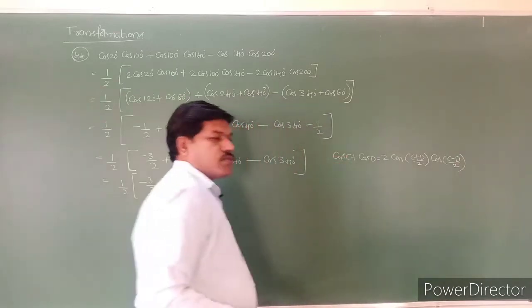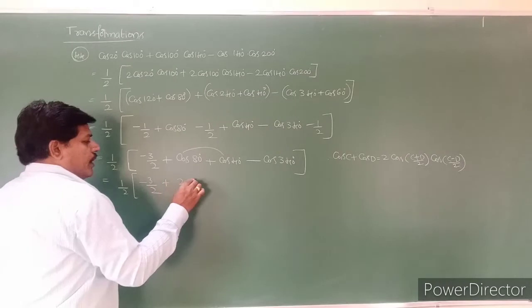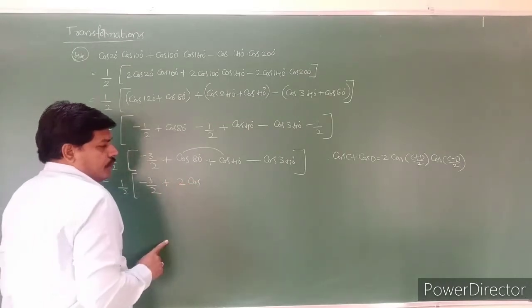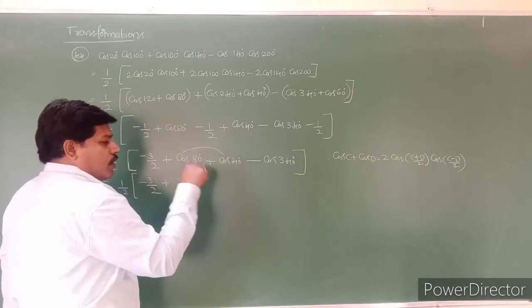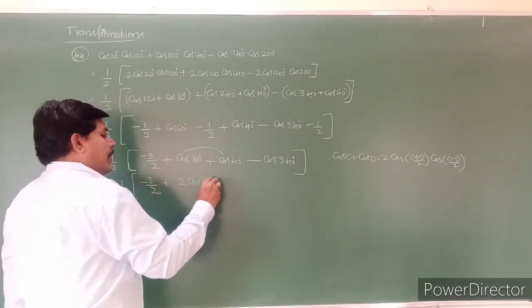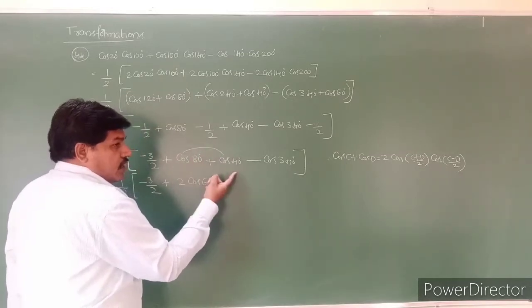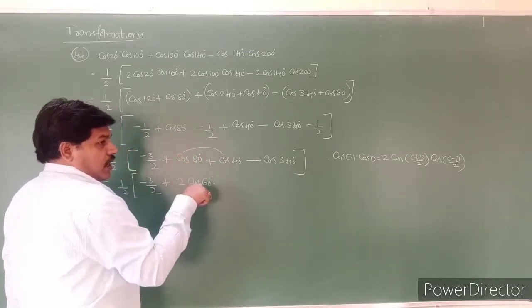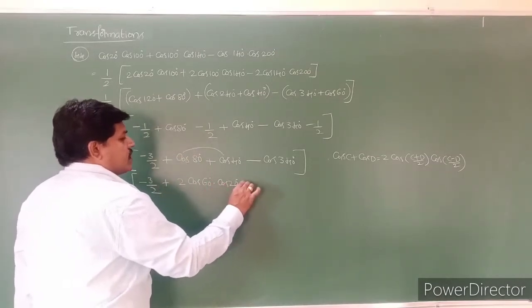So apply this formula. C plus D, 80 plus 40 is 120, 120 by 2 is 60 degrees, into cos of (80 minus 40) by 2, 80 minus 40 is 40, 40 by 2 is cos 20 degrees, minus